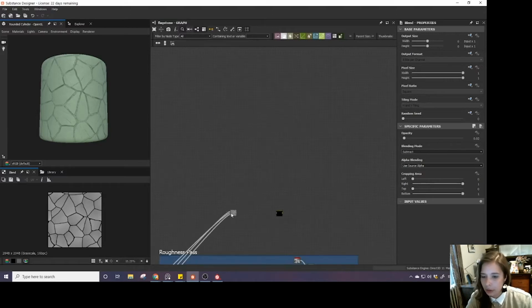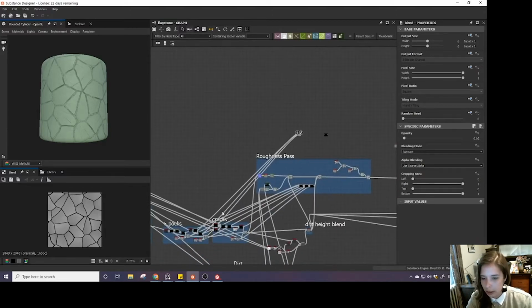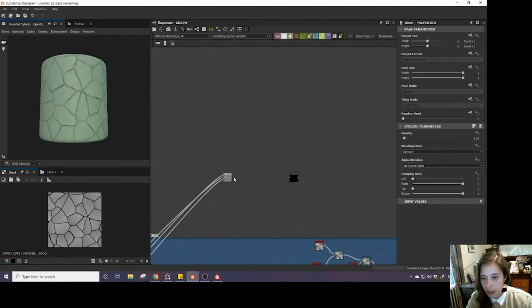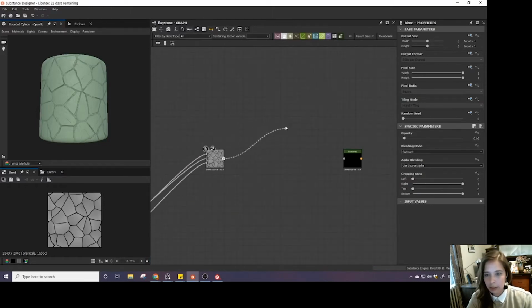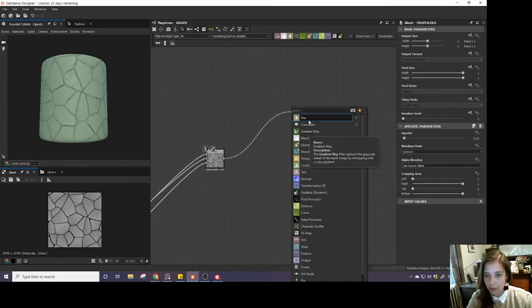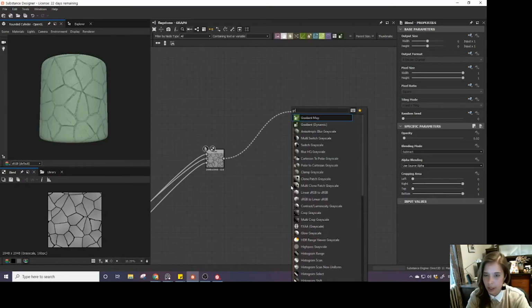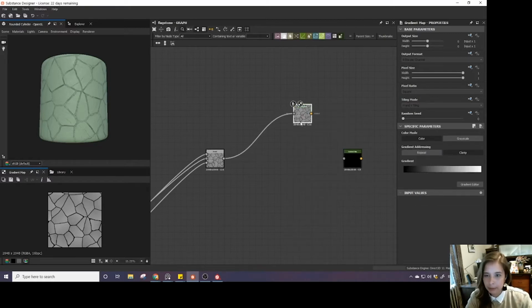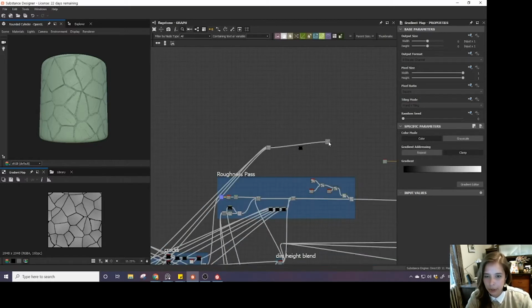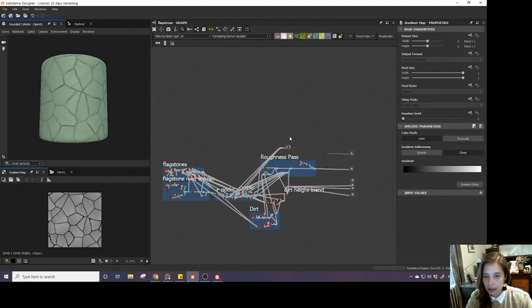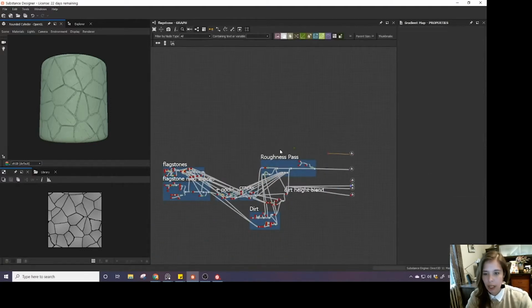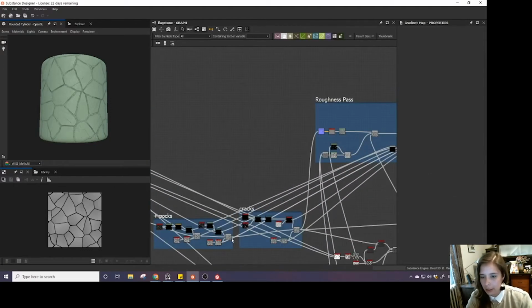The other thing you could do is go all the way down to the thing that you want, and if you click on the output, you get this little piece here, and you click again. If you click and let go, you get this. So you could search for, say, a gradient map, and then connect it that way, and then pull your gradient map over. In fact,